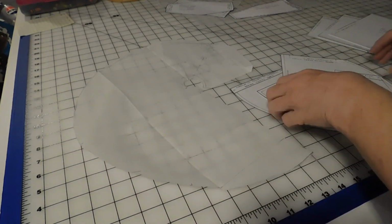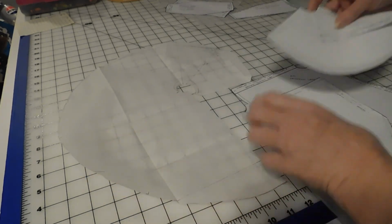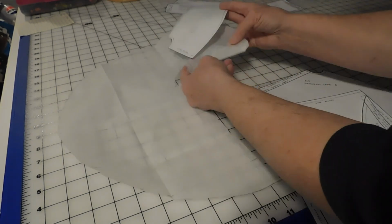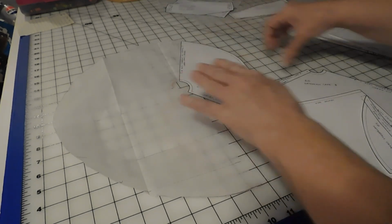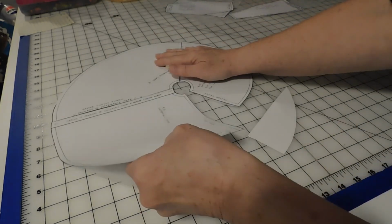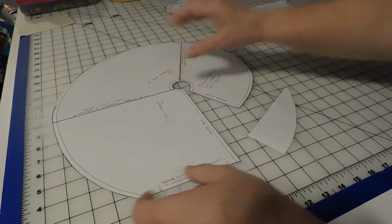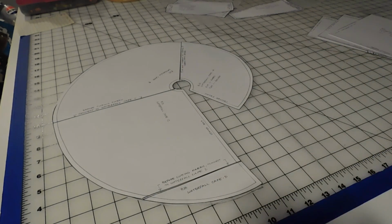Oh, and I layered everything on here. There we go. All right, so we have piece number A. Letter A. So here's piece A. Then piece B, piece C, and D. So that was what the cape would look like, and then you would need to cut one of